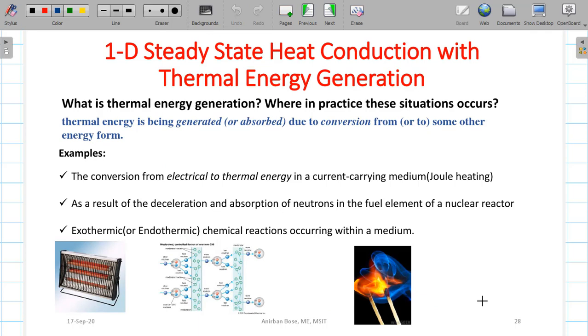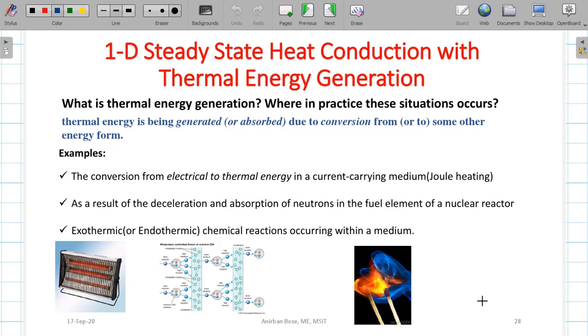Now coming to another relaxation of the assumption. Let us consider a situation where thermal energy generation is non-zero. Previously we considered situations where there is no thermal energy generation term, but if we consider that the thermal energy generation term is present, then what will be the temperature field or the rate of heat transfer that we want to see now.